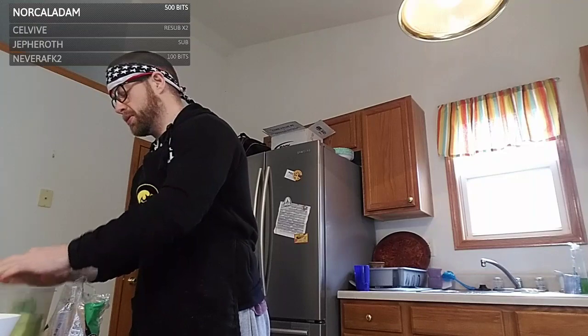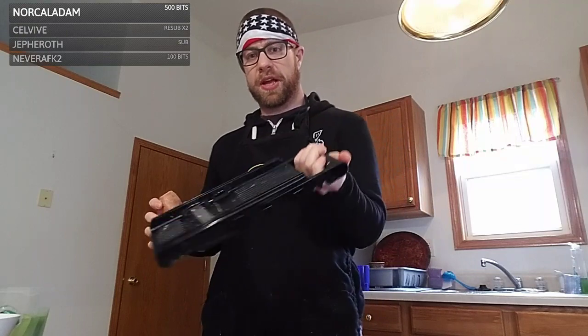So what I'm going to do now is just prep the sweet potatoes. I'll throw these off to the side here. So I already washed these and scrubbed these. Don't worry, guys. I'm not a monster. So I'm going to use this really sweet little mandolin slicer. Great for